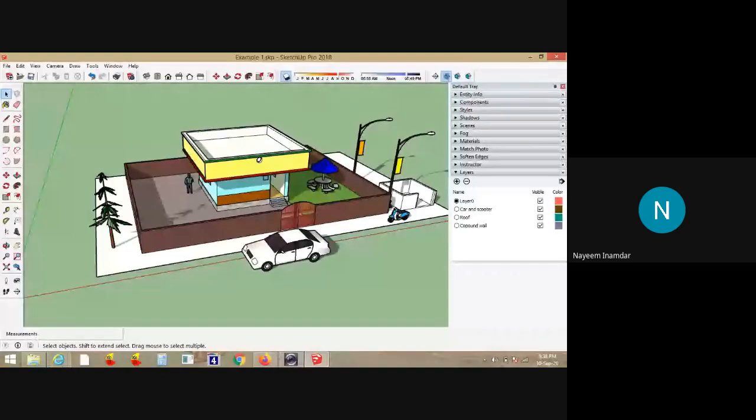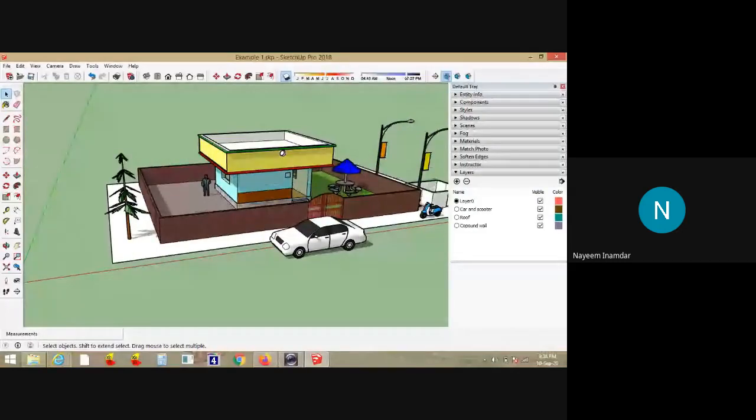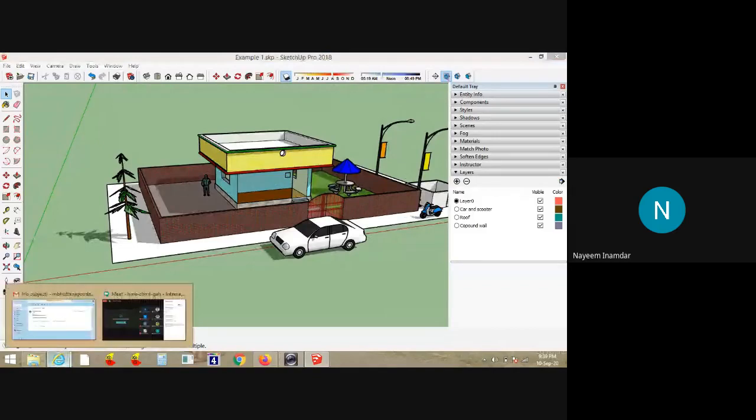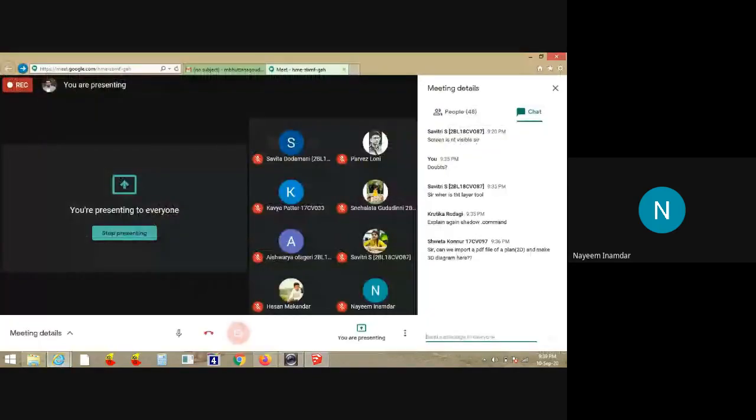According to that, the shadows will be visible to you. This is how you can make use of the shadow. Just drag the month icon and time for a particular month on average. This is how to use the shadow command in Google SketchUp.